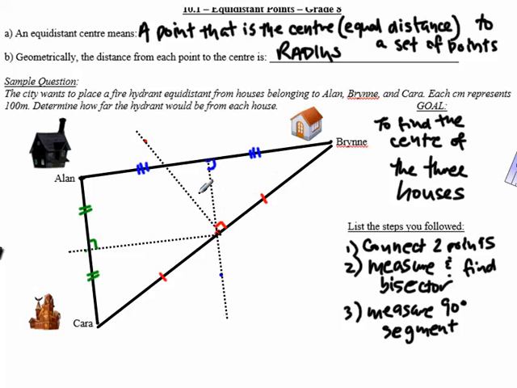Great. So now we have the actual answers here. So we have the first perpendicular bisector, which we created in green. And then I just continued with the red one. So between Bryn and Kara, I found the midpoint here. I found a 90-degree angle. And so that's the perpendicular bisector. And then I did the same with the blue. I found the midpoint between Alan and Bryn, found the 90-degree angle, dropped it down, and now I've had this